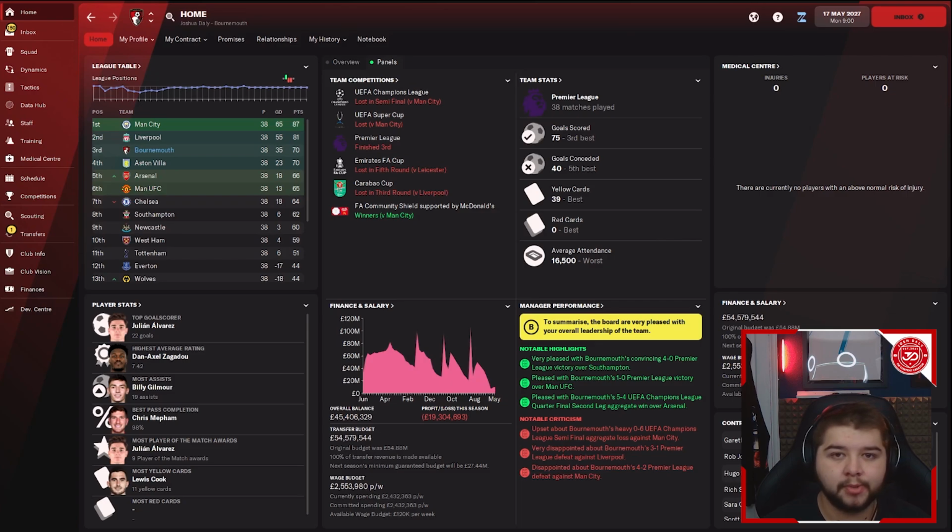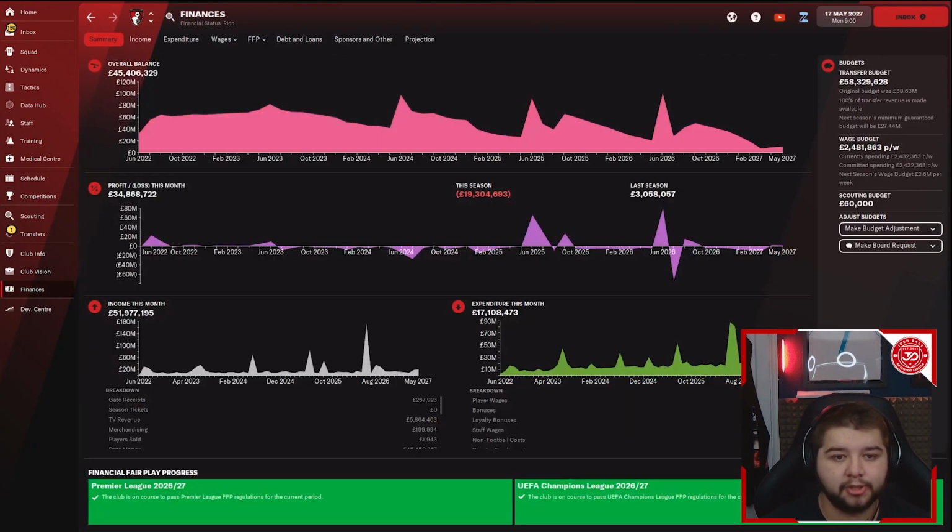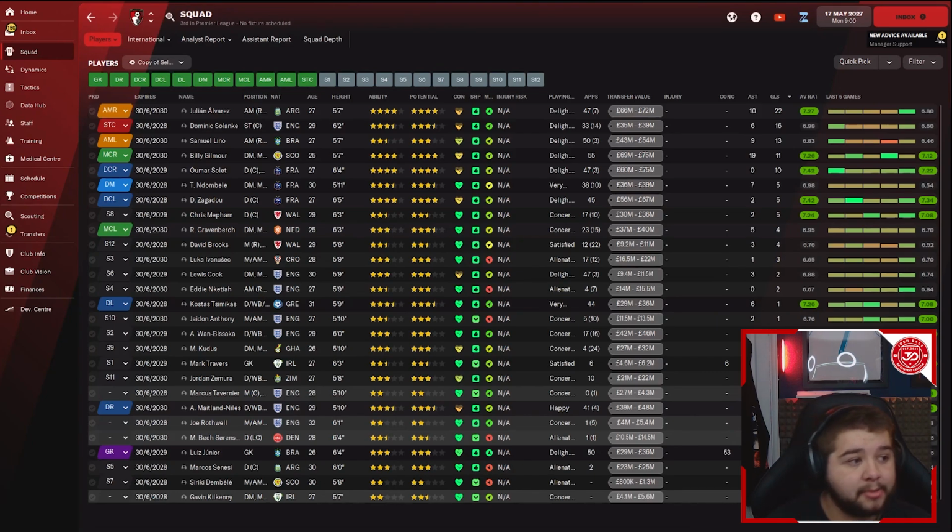So I feel that's what we deserve after what we've accomplished. And I would say that's a very good display. Getting out the groups, getting all the way to the semis. Playing a team like Man City, who obviously are Premier League champions, we aren't going to beat. But the lads should be happy with what they've done on this save. They really should. But going into terms of stats then, we're going to have Julian Alvarez coming in with 22